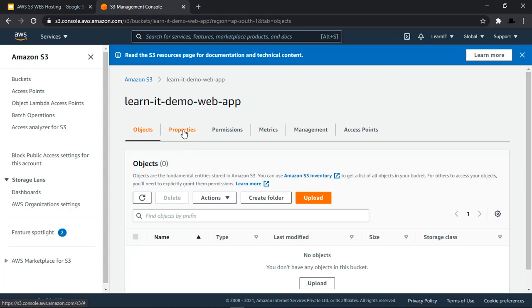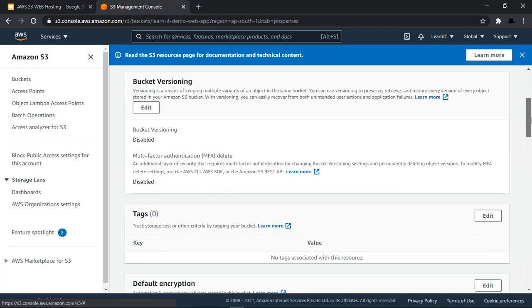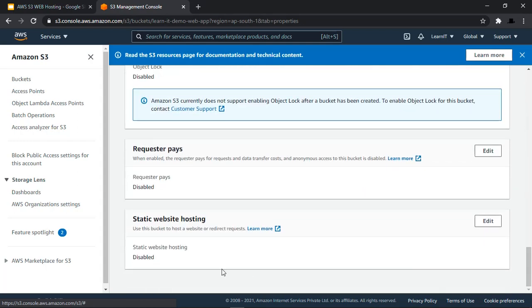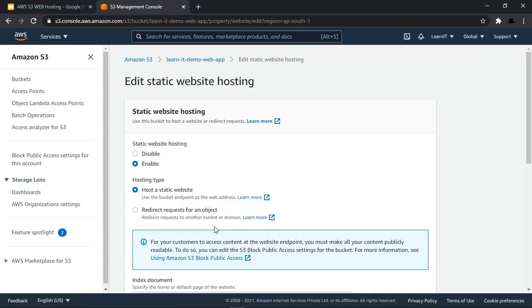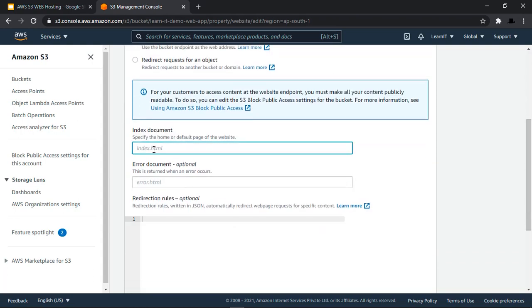Now let's go to properties of this bucket and check whether static web hosting is enabled or not. So in the properties, at the bottom of the properties, we can see static website hosting configuration. Currently it is disabled. Now let's edit it and enable this configuration. Here we can see there is an option to host a static website, so we have chosen that.